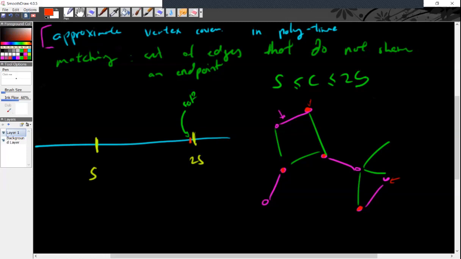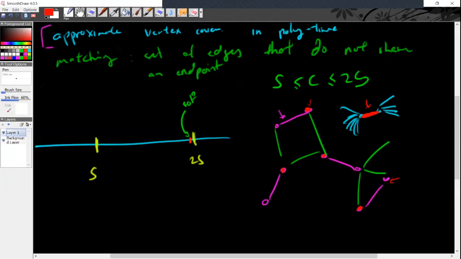Is there a case where the cover is exact? I don't think you can be exact. Oh, I guess you can. For example, a graph that kind of looks like this. Then if you're lucky, you pick this middle edge to be in your